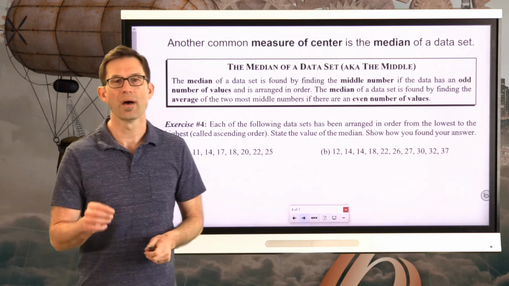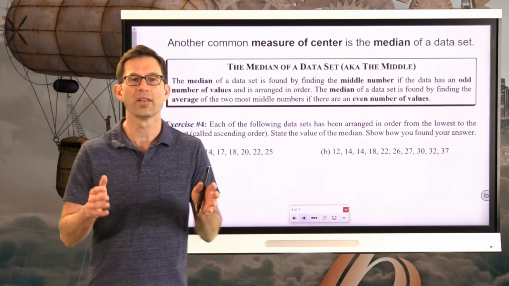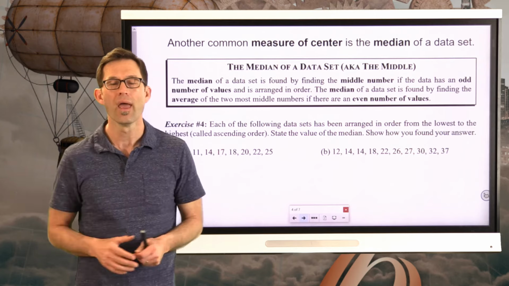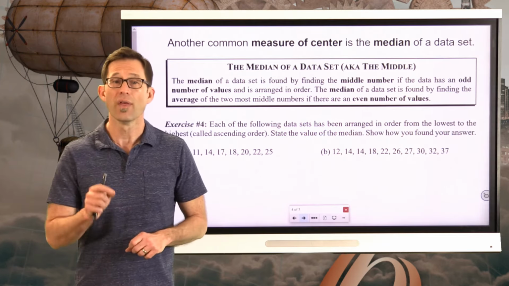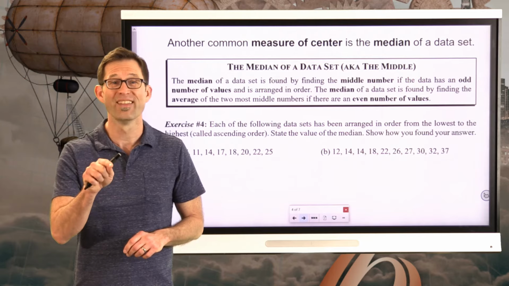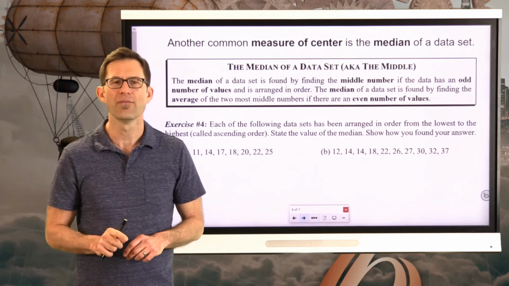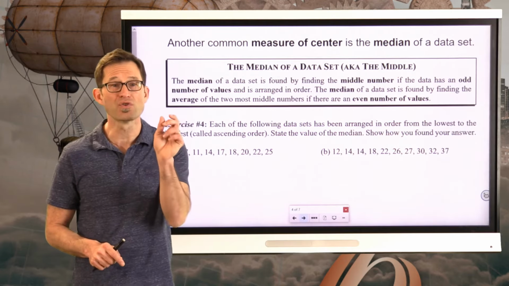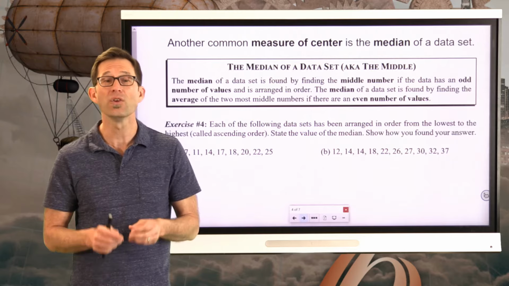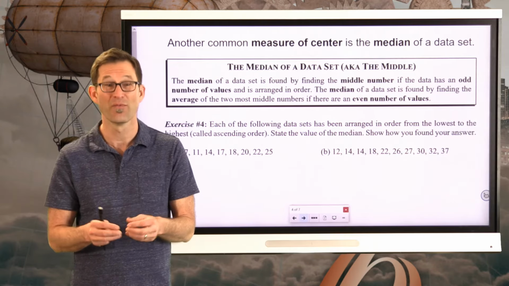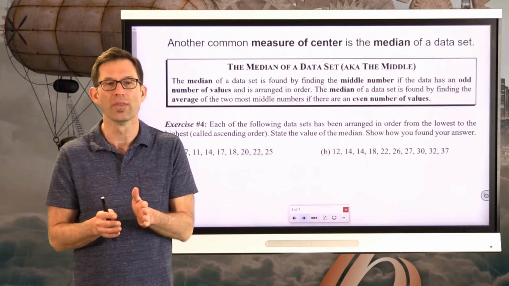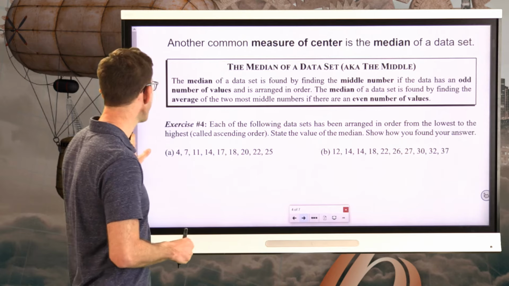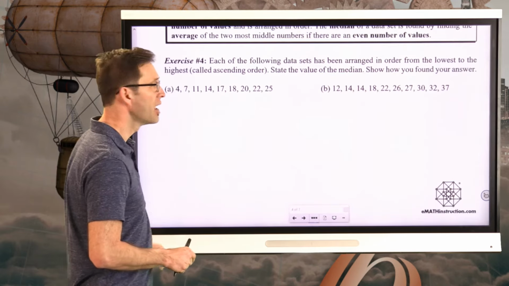Now, one thing that's tricky about the median of the data set is if there is an odd number of data values, like 5, 7, well, you know what odd numbers are, 21, right? If you have an odd number of data values, then there is one number that is literally right in the middle of the data set. On the other hand, if you have an even number of values, there isn't. In which case, what you do is you take the two numbers that are most in the middle and you find their average, okay? You find their mean. All right, and that then gives you, in theory, the number that would be right in the middle of the data set. So let's take a look at how one finds the median, the middle number, in both of those